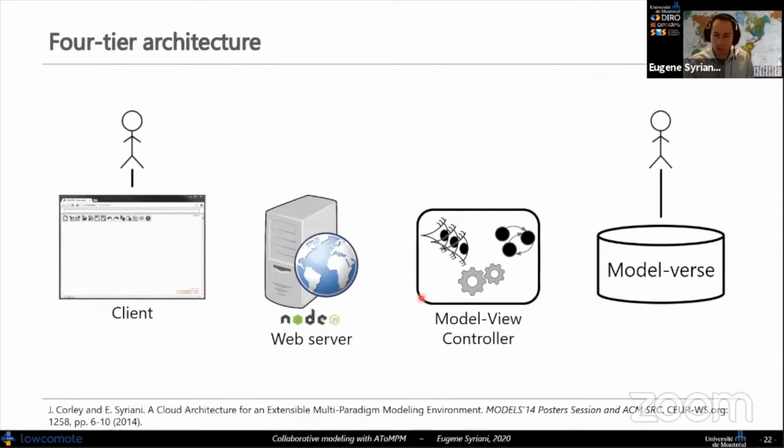We will talk about it here, because model in the MDE way, view in the multi-view way, and controller, which controls the communication between them. And on the rear end, we have the Modelverse, which is basically the modeling repository, which you shouldn't think about as a persistence format, but more as an online repository of all possible models. Basically, that's the philosophy behind it.